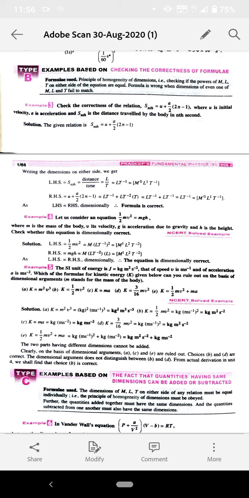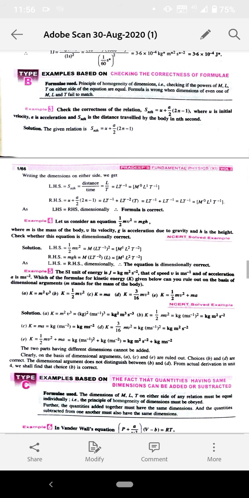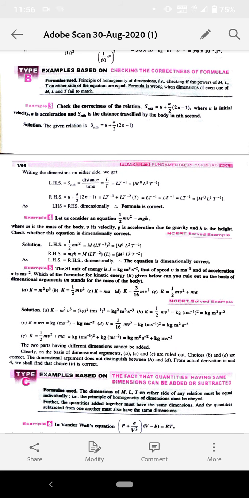For LHS, the dimensional formula comes out to be M (L T^-1)². देखिए मास की टर्म है, सो मास का डायमेंशनल फॉर्मूला होगा M. v है वेलोसिटी, वेलोसिटी का डायमेंशनल फॉर्मूला होता है L T^-1. v स्क्वायर है, सो we will have to square the dimensional formula of velocity. That's why we have written (L T^-1)². So the complete dimensional formula becomes M^1 L^2 T^-2.